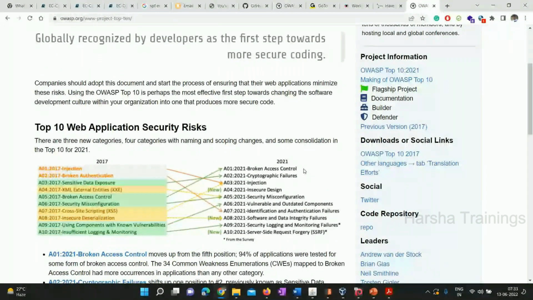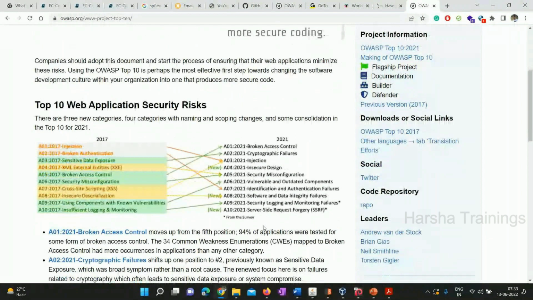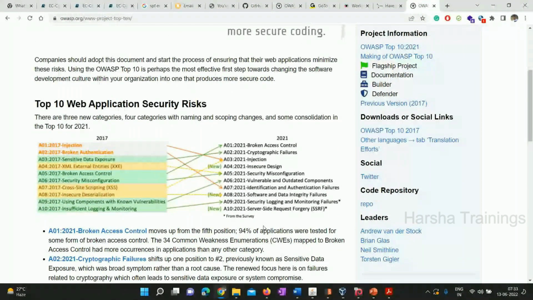Last time it was 2017 when they released the top 10 vulnerabilities, and the recent one is 2021. So here is the top 10 vulnerabilities. Organizations use this OWASP methodology to test their web applications. It has different types of attacks, like injection attacks, broken authentication, sensitive data exposure, XML external entity, broken access control, security misconfigurations, cross-site scripting, insecure deserialization, using components with known vulnerabilities, and insufficient logging